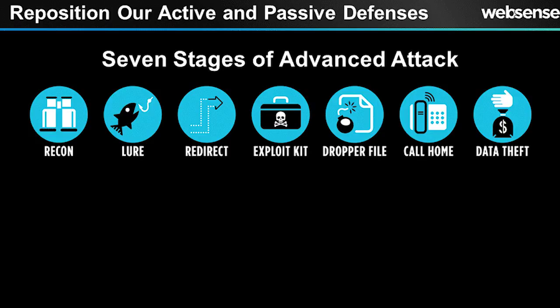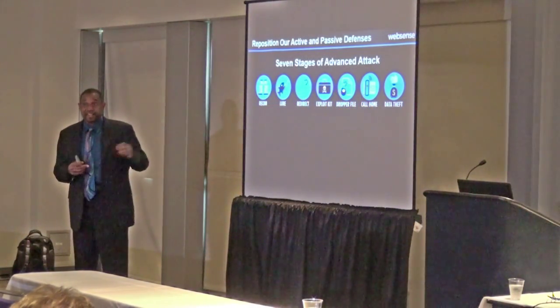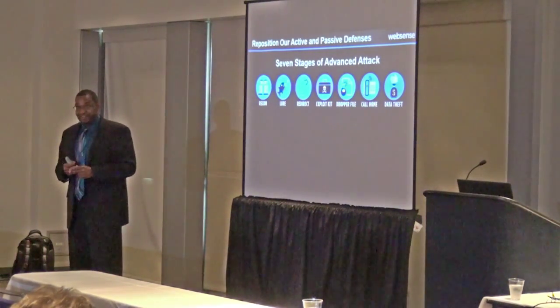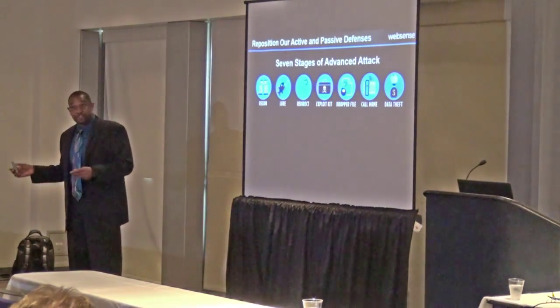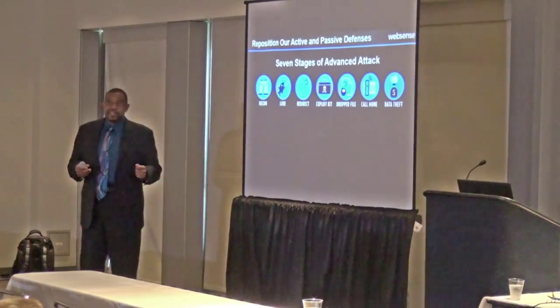Then we've got the call home. This is the data line. This is that going to China, going to Russia, going to the house down the street, maybe. But it's definitely going out of your environment. You've got to understand what that's doing. Or calling home to update that dropper file, update that zombie machine, update that algorithm. Now it's every third Tuesday, just to keep you going. And then ultimately is the data theft.